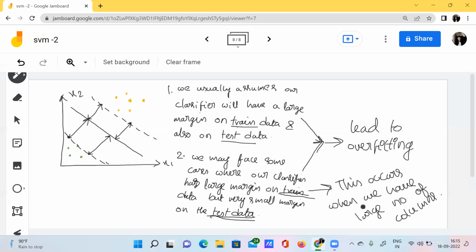For example, when we have so many columns, we can face such a situation, where our margin will be very large for the train data but very small for our test data. This situation may arise when we have a large number of columns.